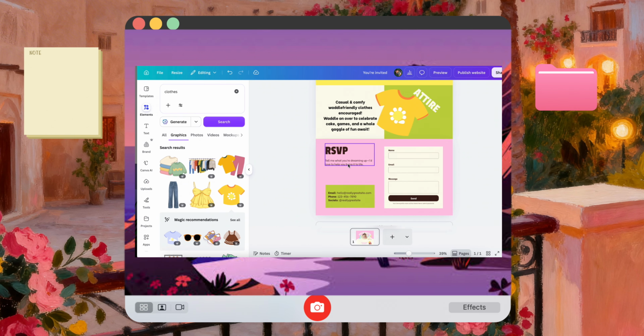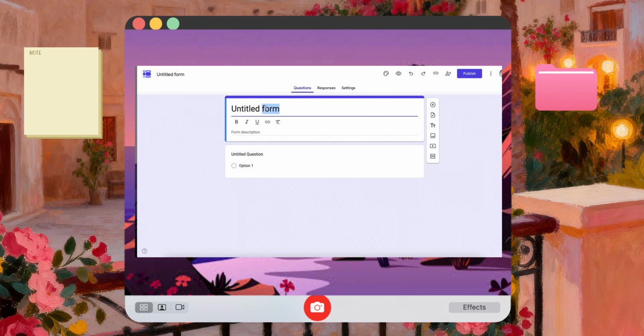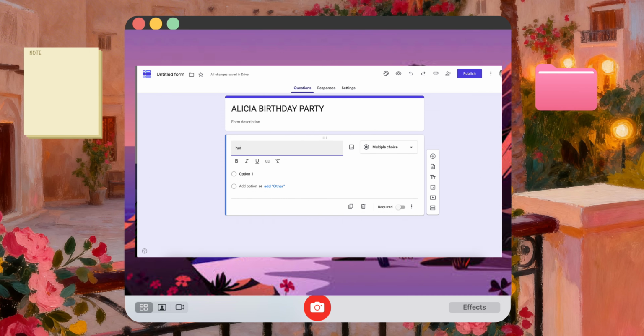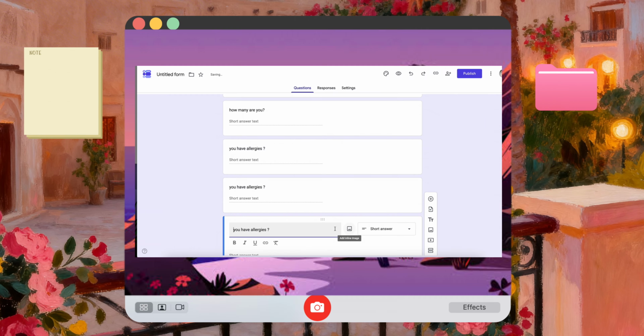Now here's the last part. Here's how I made an RSVP that actually collects responses instead of just leaving people to text me. I made a quick Google form. This is just an example to show it to you. So I go to Google Forms, and just make a quick form. I just added how many are you, the name of the field. Probably you can also add if they have allergies, so you can add that as well, and then publish it